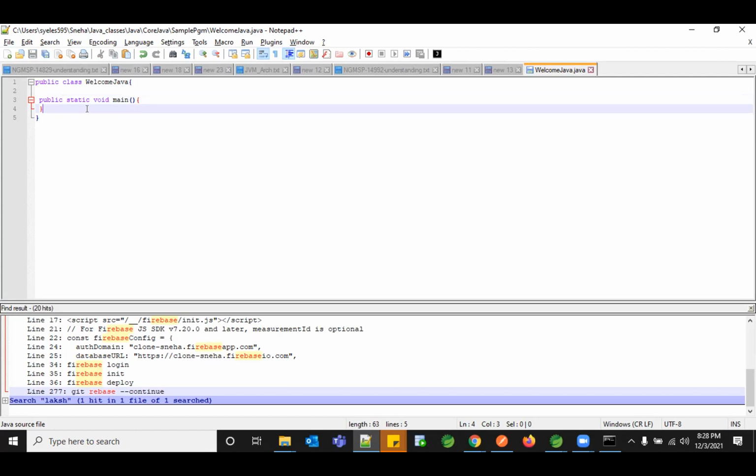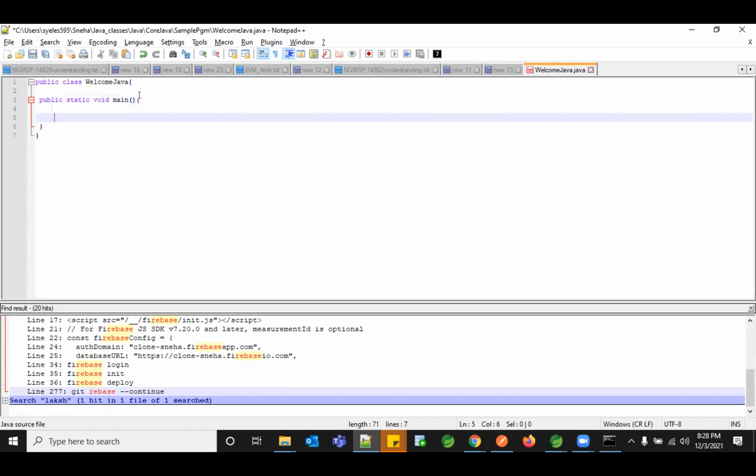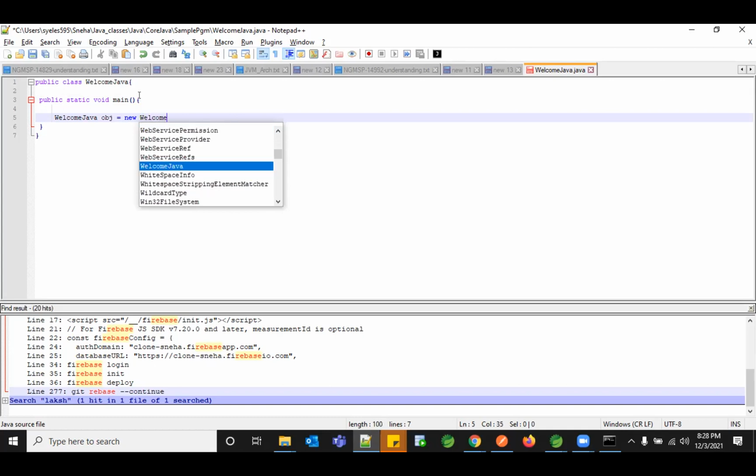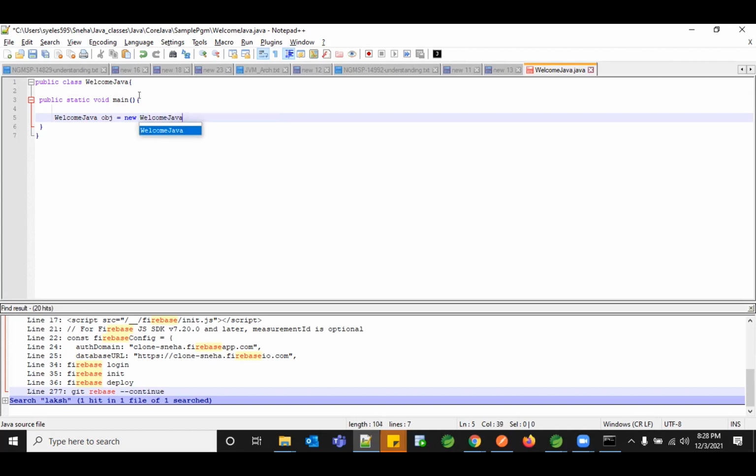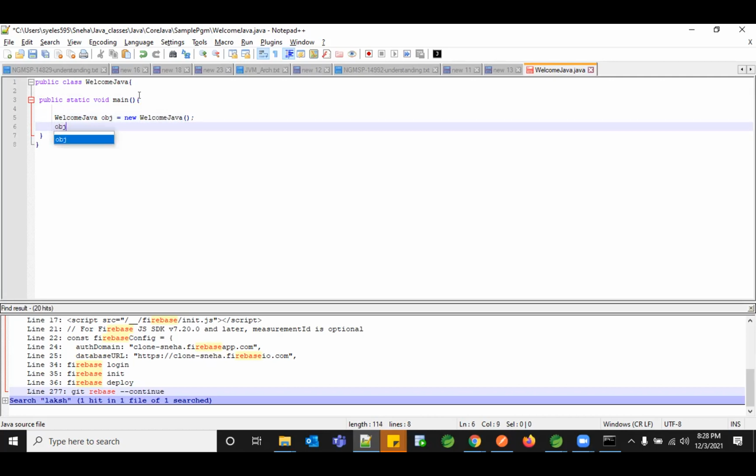As I said yesterday, if you're planning to create an object, you need to create an object structure. Say this is my WelcomeJava, right? I need to create WelcomeJava obj equal to new WelcomeJava. So I need to first create an object, and only then, with that object, would I be able to call my method. Without that, I can't use the feature or functionality of that particular class. So unless I have an object, I'll not be able to use that feature, and then only should I be able to call this main method.